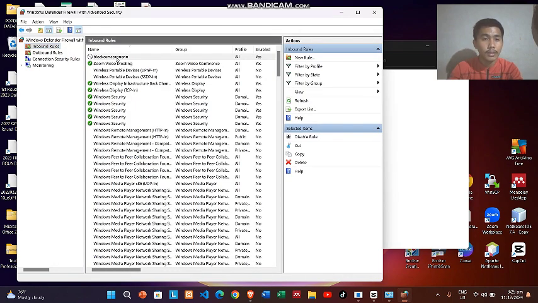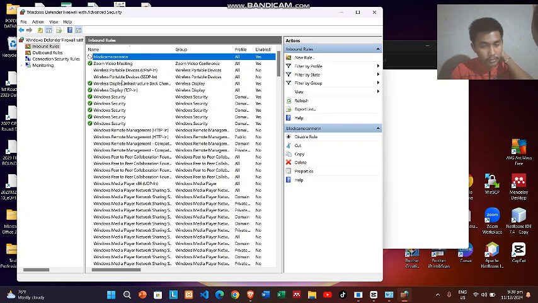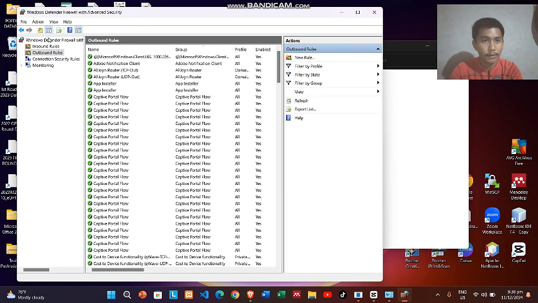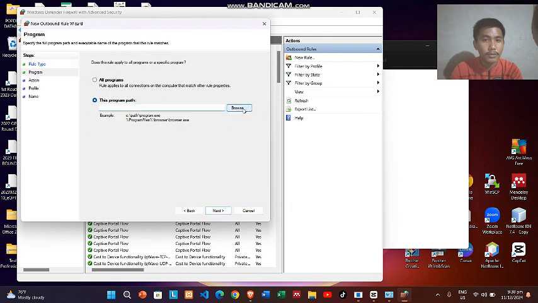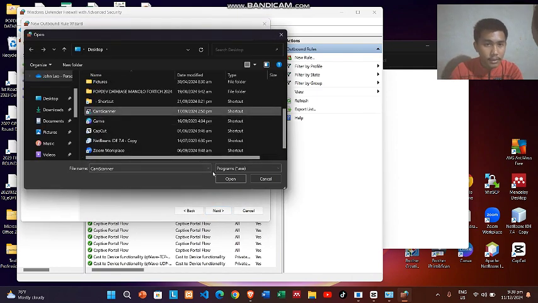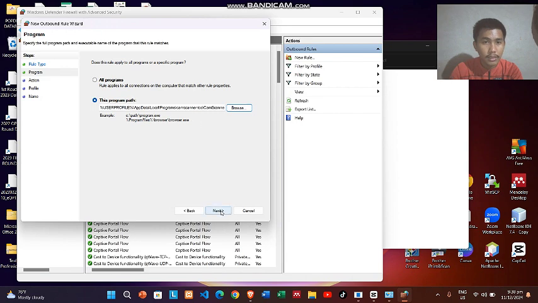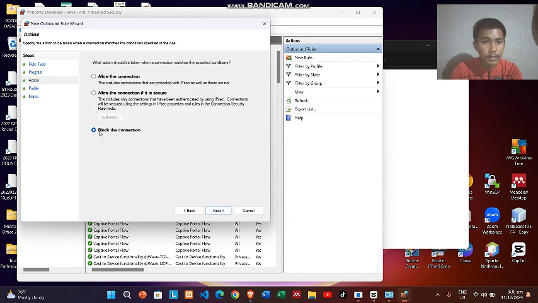So here you see the rule block com scanner. The next is you want a new rule in the inbound rules and also in the outbound rules. So for the outbound rules, just click also the new rule, same program, and also find the com scanner and click next, and block the connection,